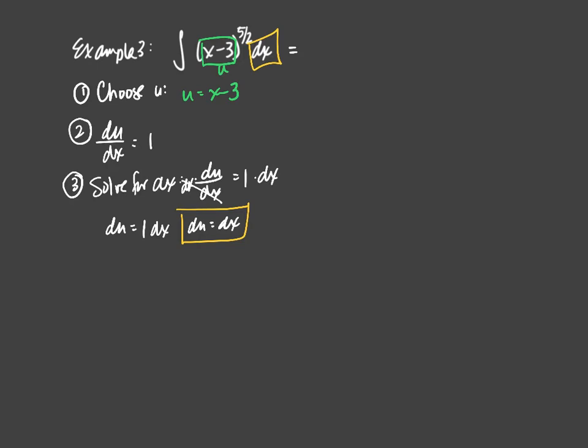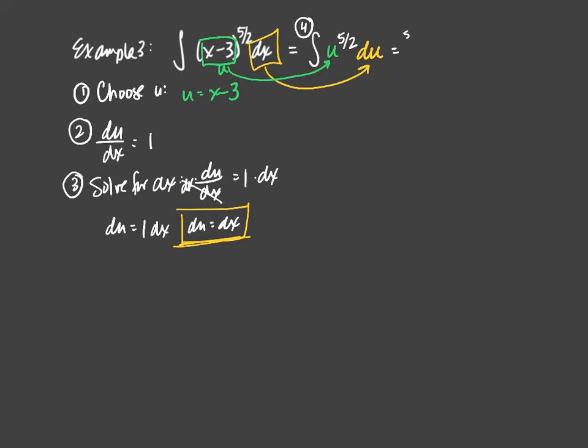Okay, so again, anything that has a box around it is going to get replaced. Anything that doesn't have a box stays. This is a 1-for-1, right? Du equals dx, so there's nothing else I've got to replace. And here u was x minus 3, so I took out x minus 3 and replaced it with u. So that's step 4. There's really not any simplifying that needs to be done in this one, which is nice.